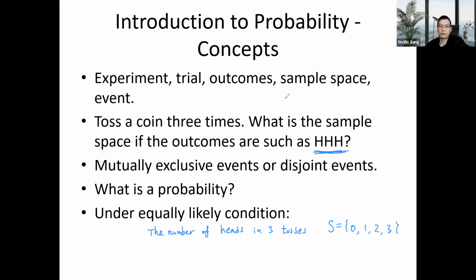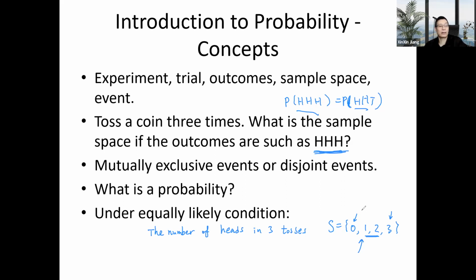Instead, these things would be considered to be equally likely if we are tossing a fair coin. If the coin is fair, then the probability of HHT is the same as the probability of HTH. I'm not saying the number of heads is 2, actually, that's quite different. So we assume these outcomes are equally likely. However, here, we're not assuming they're equally likely. In fact, they are not. It's more likely to have 1 or 2 heads than 0 and 3 if the coin is fair.